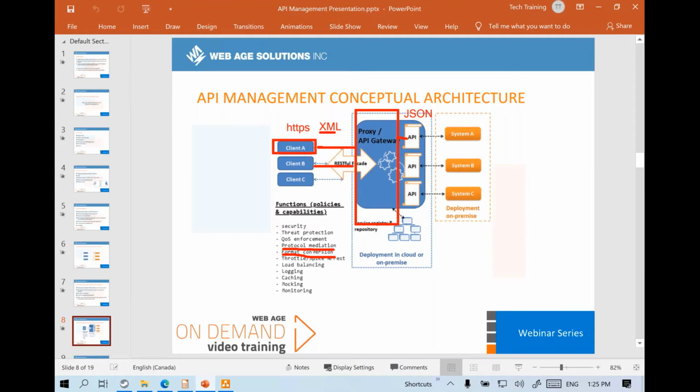Again, no coding is required in majority of the cases. Instead, you just need to do things declaratively, like using some XML-based tags, or in most cases, you have the graphical editors available. You just drag and drop and modify things by using the gateway features. So you can change your format from XML to JSON and vice versa. You can also implement load balancing. So typically the gateway has its own built-in load balancer. So this way, if there's too much load, you can specify that you want to redirect the traffic to some alternate API backup solutions and so on.